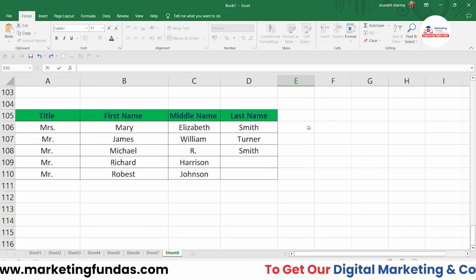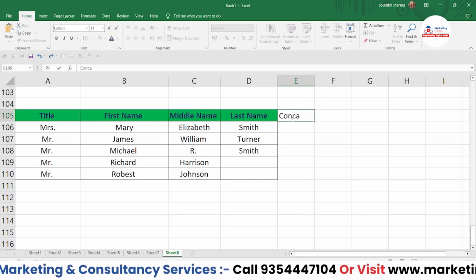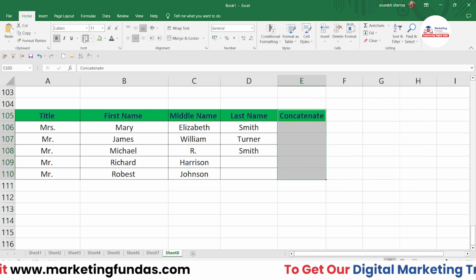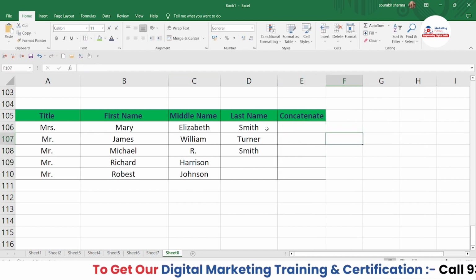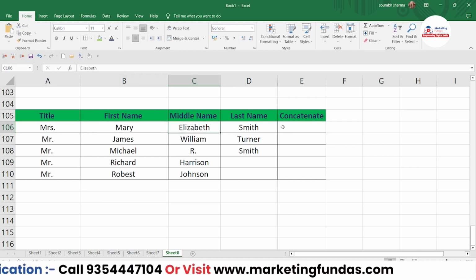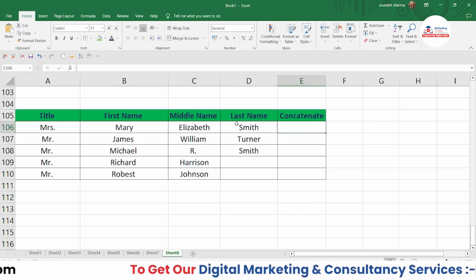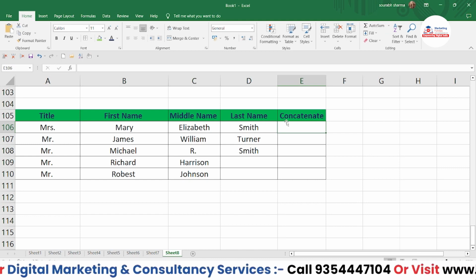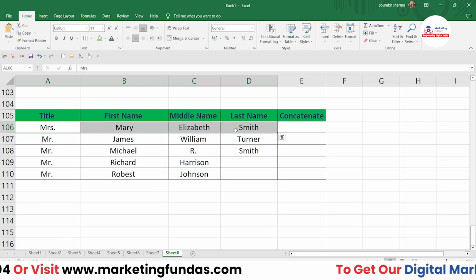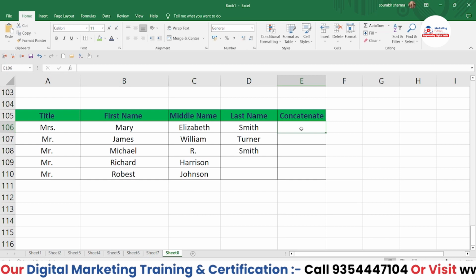Now what is concatenate? Let me write it here so that you can understand, and add the border here as well, right? So concatenate is basically, this will help you to add all these terms into one cell, right? Because this is basically a name, right? So the concatenate version of these terms will be Mrs. Mary Elizabeth Smith, right? So how you can write it, you have to apply the formula, which is equals to